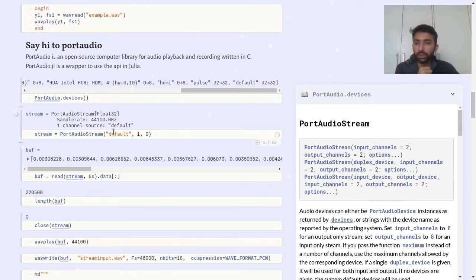So we specify the stream source, then we specify the channels, and then we specify the output channels. So we can change it to 2. Then we will receive stereo audio, which is two channels, and the sample rate will be 4400.